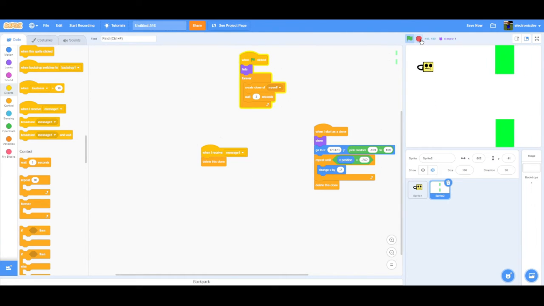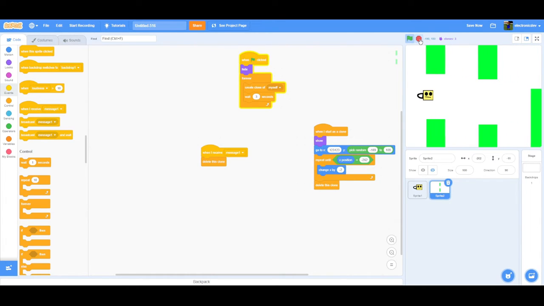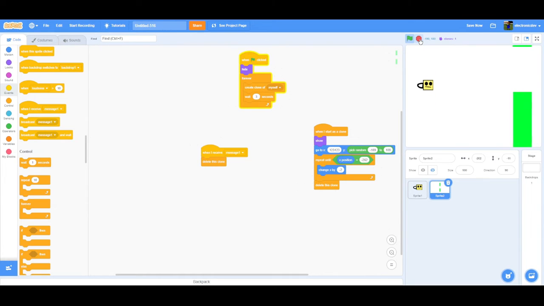So yeah, it's all working fine. Well, it's not working perfectly, but it's working fine. You know what they say, if it works, it works. So yeah. Then I think I'm at a